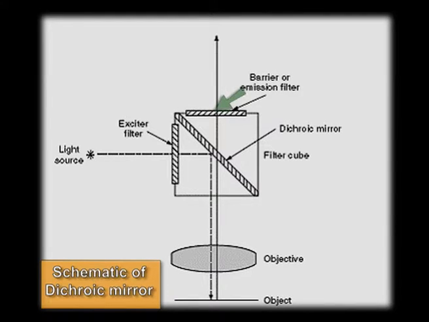After it passes through the dichroic mirror, the emitted light, or the fluorescent light, passes through the emission filter, which cuts off all other light except that emitted light, and then it passes to the detecting devices or to our eye. Now, before going into the divisions of fluorescence microscope, I want to make you aware of two important concepts